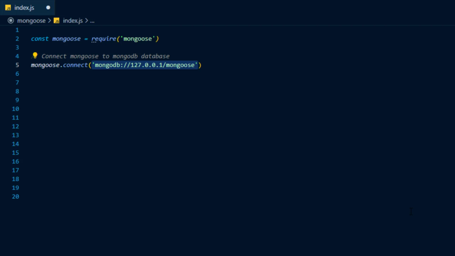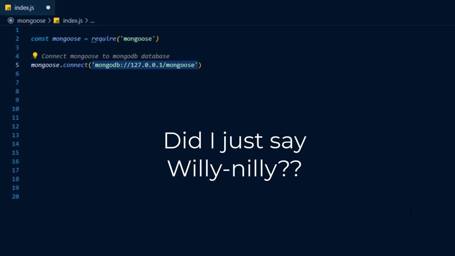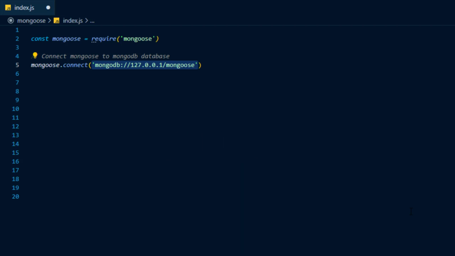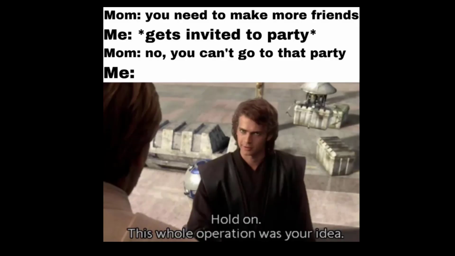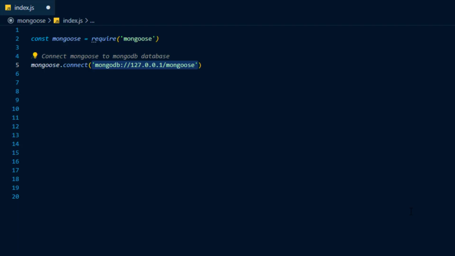Now, unlike MongoDB, where after I connect my Node app, I could just start adding any kind of documents, and these documents would just be structured willy-nilly, in Mongoose, it's a little bit more restrictive. And by little, I mean a lot more restrictive. Mongoose is kind of like a mom that will not allow you to play with your friends because you're her youngest son. Now, the way Mongoose will restrict the incoming data is first you will need to have a schema,